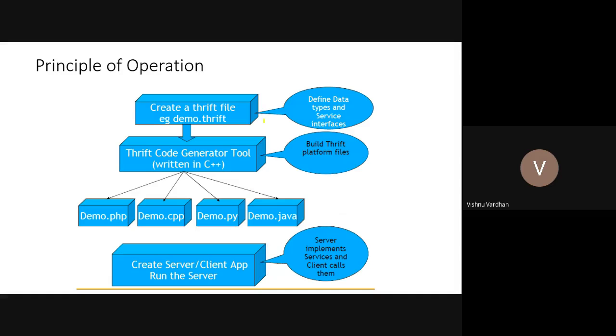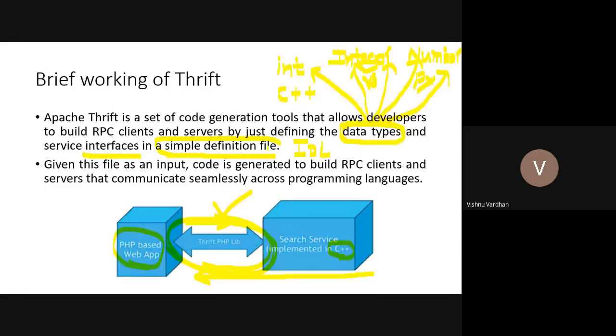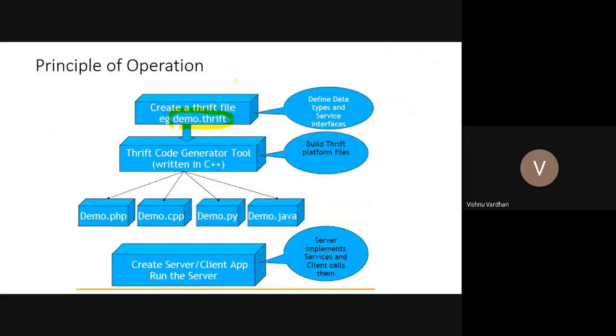So this is the main part that is done by Thrift. So let's elaborate a bit. Create first of all this Thrift file, demo.thrift or some name with the .thrift file extension. So this is the file which we talked about in this slide, the IDL we discussed in the slide. So this is the same file. First of all you have to build the Thrift code generator tool, which is written in C++. This tool is written in C++, which is capable of talking with PHP,